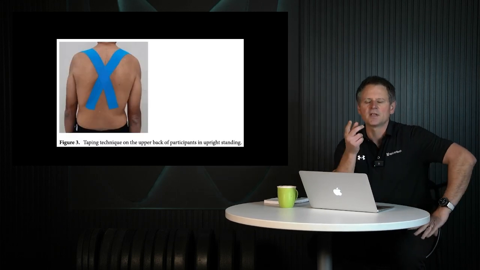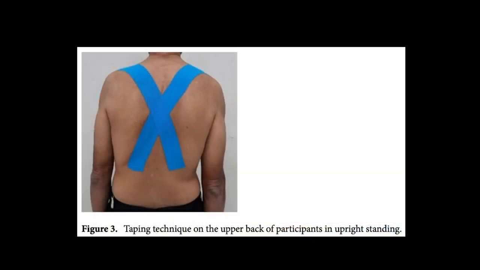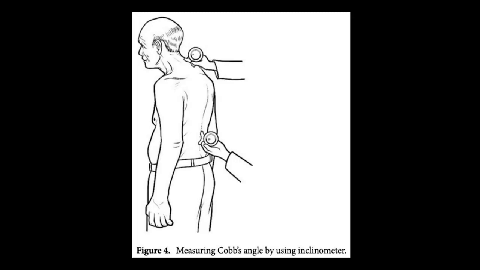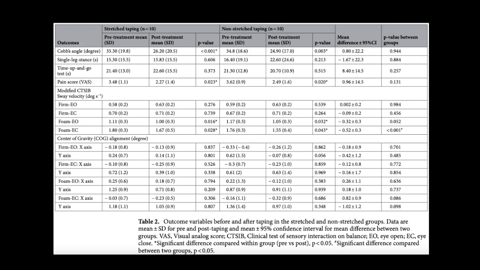So we can see the tape that they did. They did this for both the no stretch and the max stretch groups. Really simple, and you can see in the next how they measured through the Cobb angle. They also measured pain level. They also measured balance and so on. And so if we dive in here, and we see that,